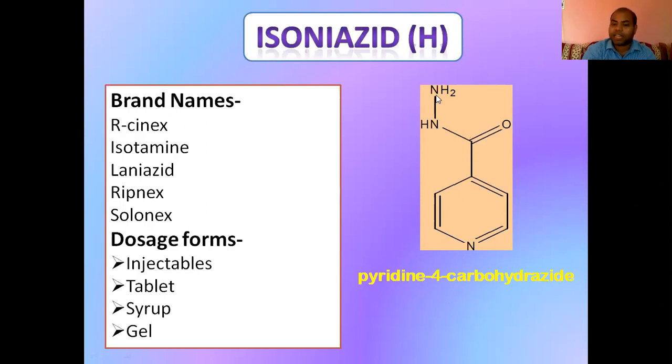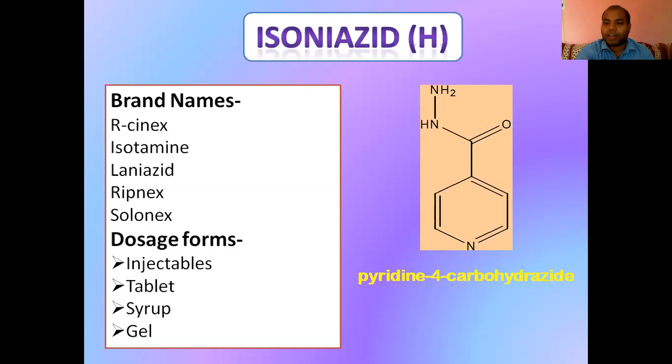this portion is NH2, that is hydrazine. Okay, so carbonyl plus hydrazine is carbohydrazide. At the fourth position, the carbohydrazide functional group is there. So the IUPAC name is pyridine-4-carbohydrazide. If we concentrate on the mechanism of action, this pyridine-4-carbohydrazide, or isoniazid, generally inhibits or blocks